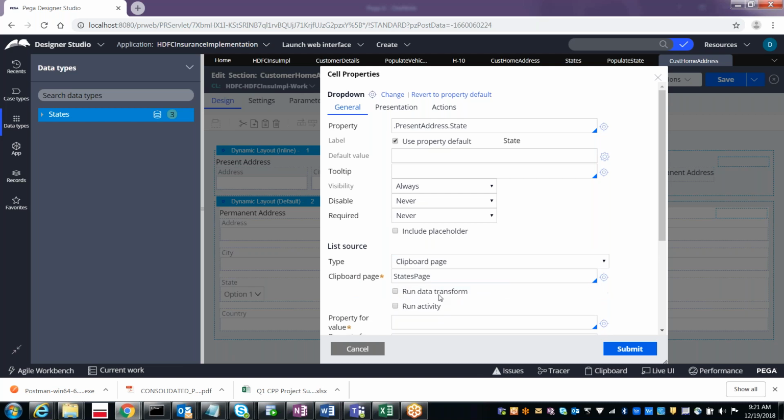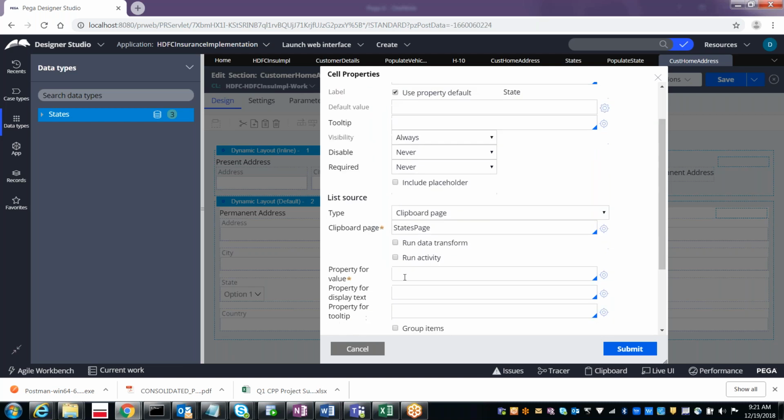And then property for value. What is the property for value? State name. Name or ID? We selected both. But the value should be ID and the text should be name.